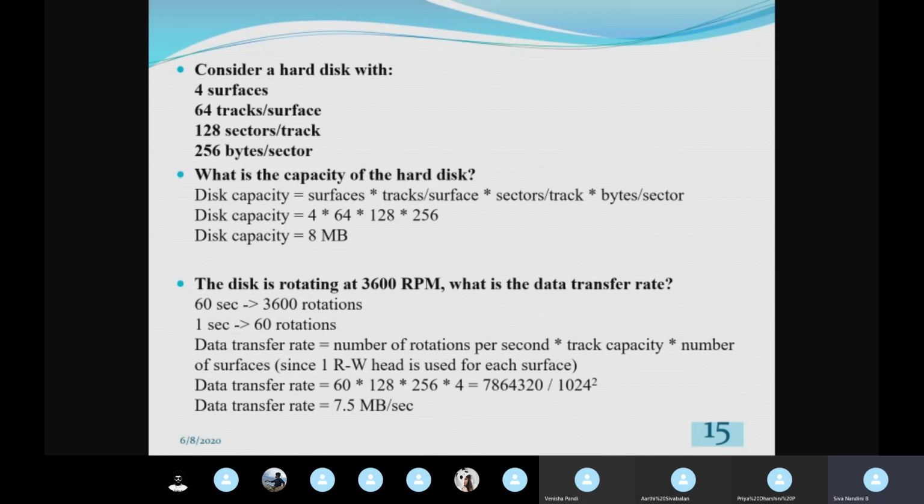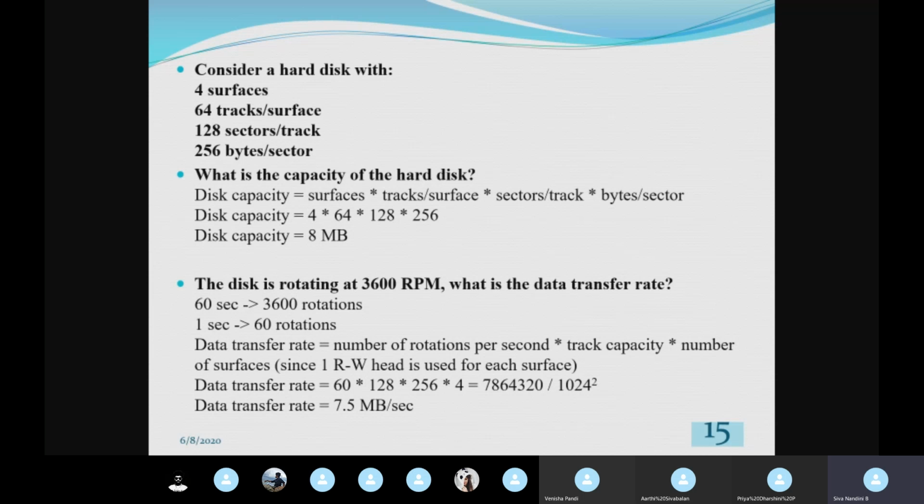Now substitute. Number of rotations per second: in 1 second, how many rotations? We obtained in the second step itself 60 rotations. So 60 into track capacity. Track capacity means how many bytes are in the track. In the question itself it is given that there are 128 sectors per track, and each of those 128 sectors has 256 bytes.